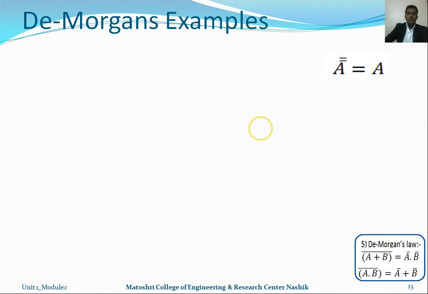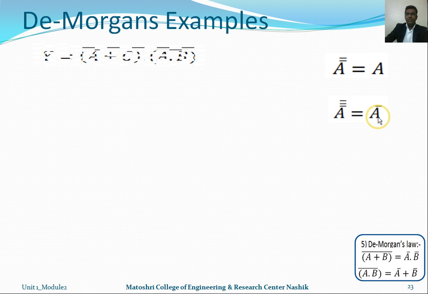You have already studied the statement, but keep in mind that A double complement is nothing but A, and A triple complement is nothing but A complement. And what is the Boolean algebra expression? Here it shows that we break the whole complement and change the logic function from AND to OR, or OR to AND. This gives a Boolean algebra expression which has a whole complement. De Morgan's theorems are only applicable whenever there is a whole complement.